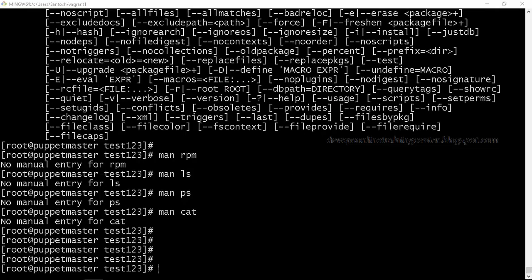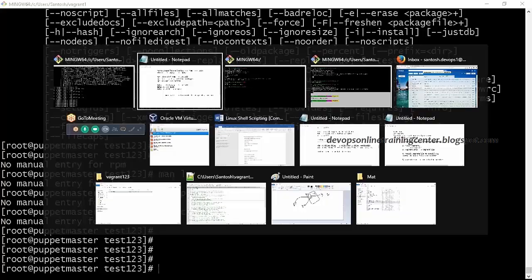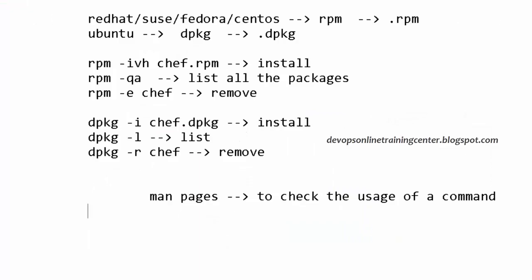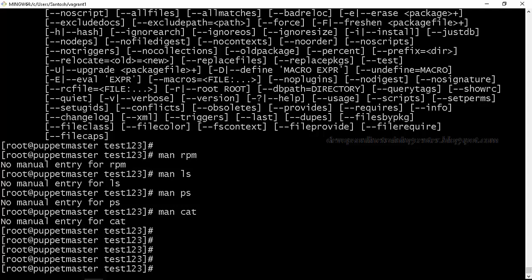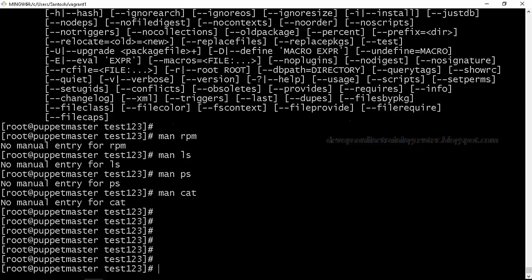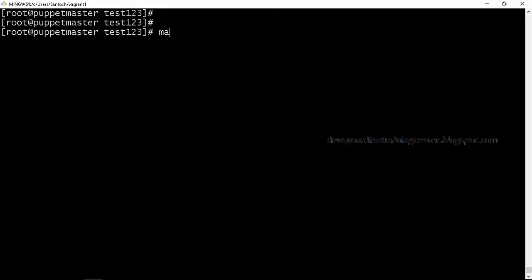If you don't know some syntax, or how to use the command, we can just say man and the command name. Let us say man ls. This will show information about the ls command, what is the description, what it does, and what all the options it has. ls has many options, many arguments, so all those arguments it will show. Generally they will be installed by default, but somehow on this distribution they are not available.